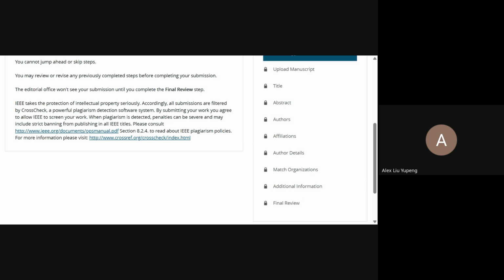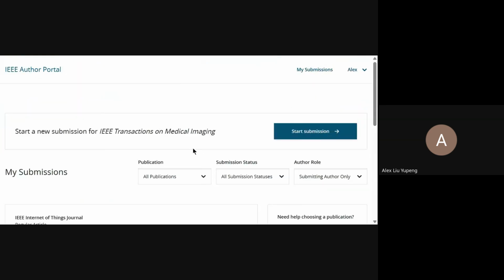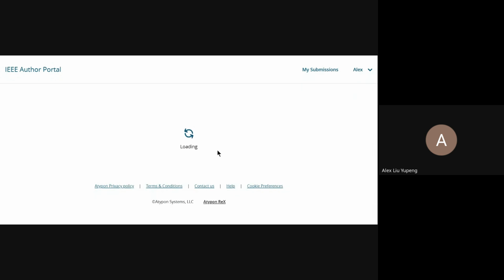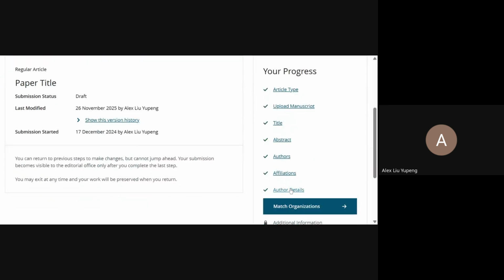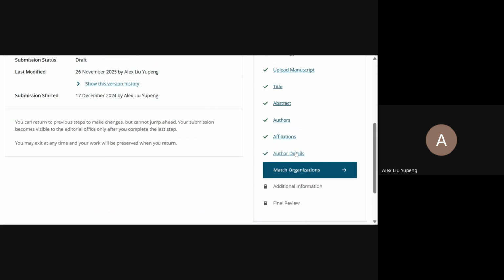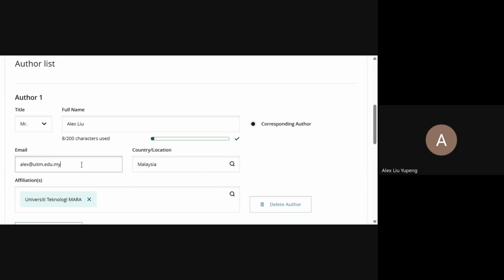So if I can show you an example, I have some draft submissions here just for illustration. This is one of the papers submitted to IEEE Internet of Things. I will resume the submission. As you can see on the right-hand side, the same step-by-step guide. If you have completed each step, there's a tick; if not, there's a cross. There are two important things here. One is on the author details page. You have to make sure your name and your email address, like in this case, your email should be upm.edu.my, right? And in here, you should key in the